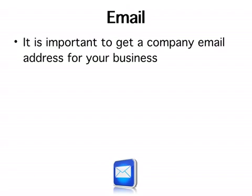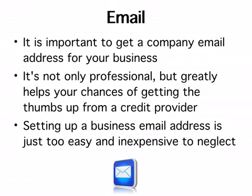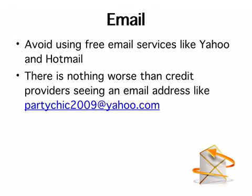It is important to get a company email address for your business. It's not only professional, but greatly helps your chances of getting the thumbs up from a credit provider. Setting up a business email address is just too easy and inexpensive to neglect. Avoid using free email services like Yahoo and Hotmail. There is nothing worse than credit providers seeing an email address like